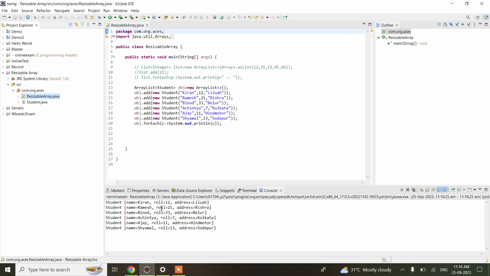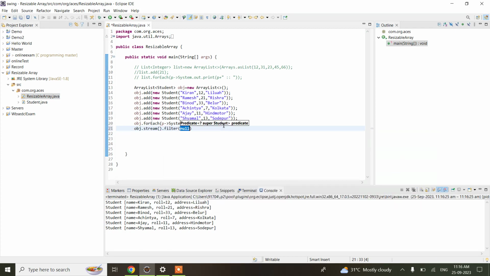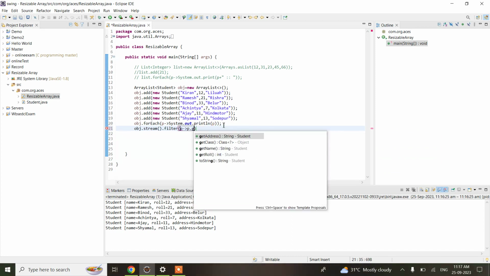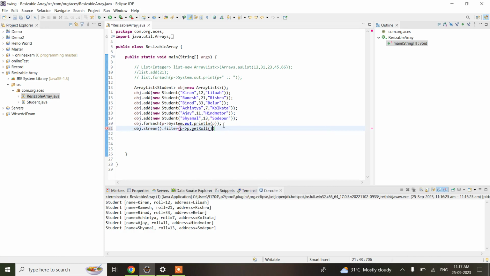So suppose I want to filter out the data. I want to filter, say suppose whose roll number is greater than, say suppose 13, whose value is greater than 13. So obj, I need to convert it to a stream of objects, and it would filter p dot getRoll, the roll number of which is greater than 15, and it will be stored inside